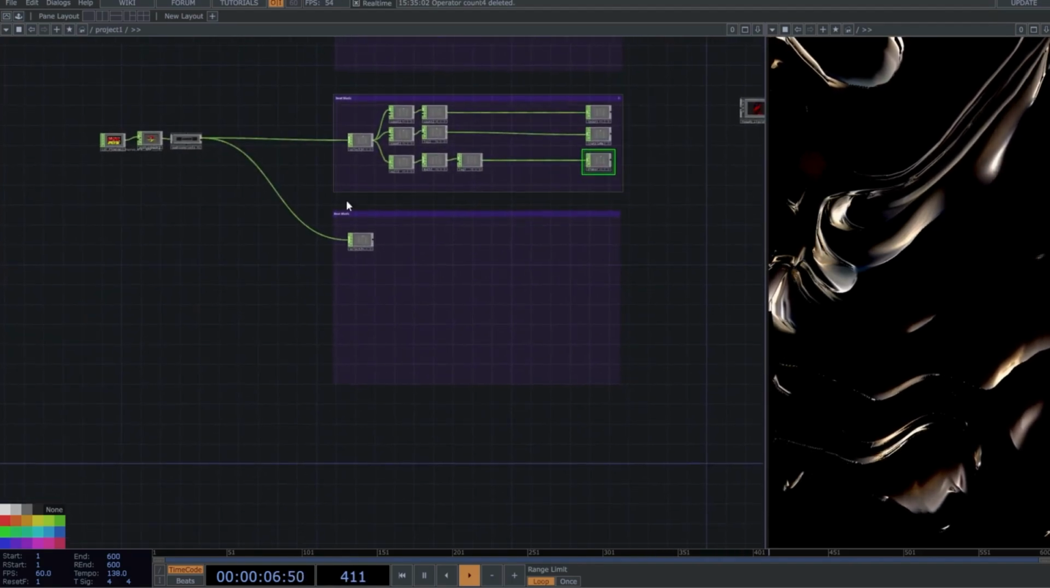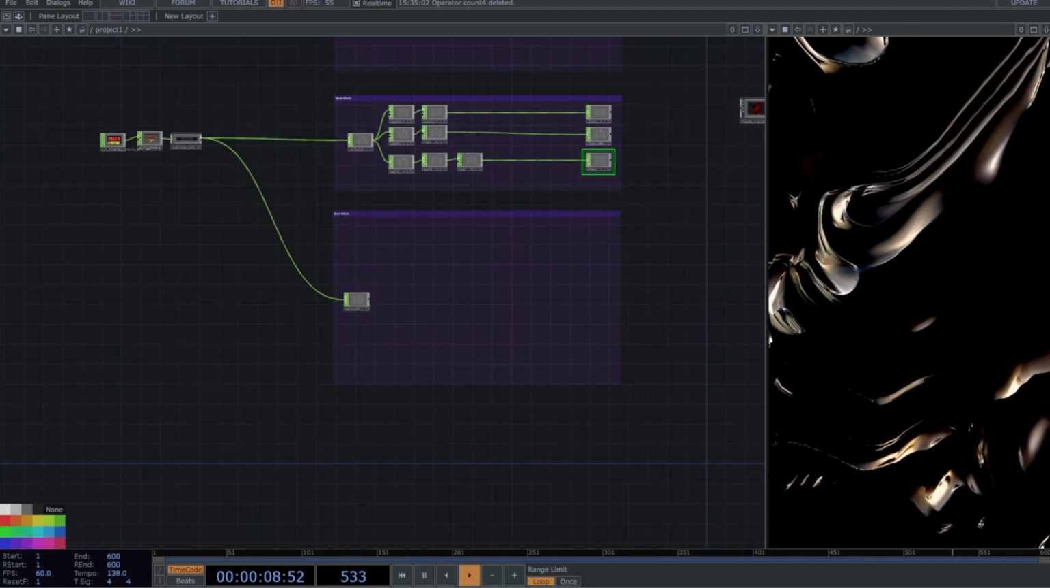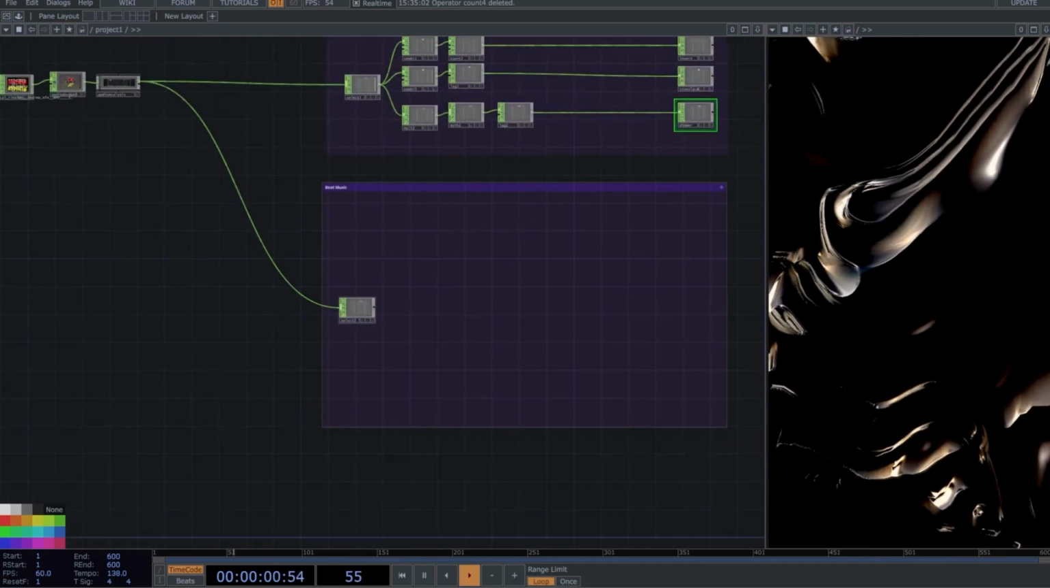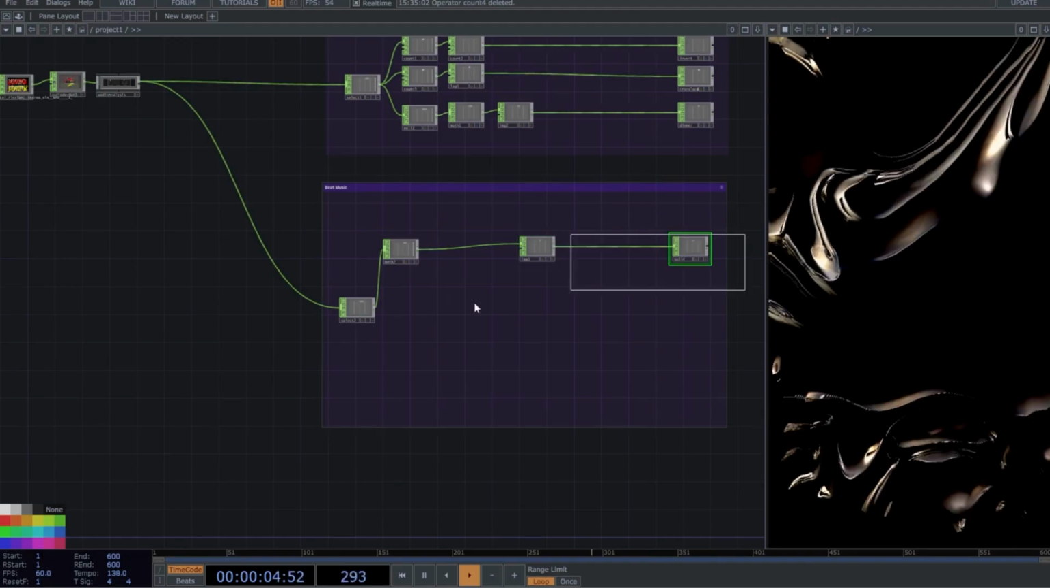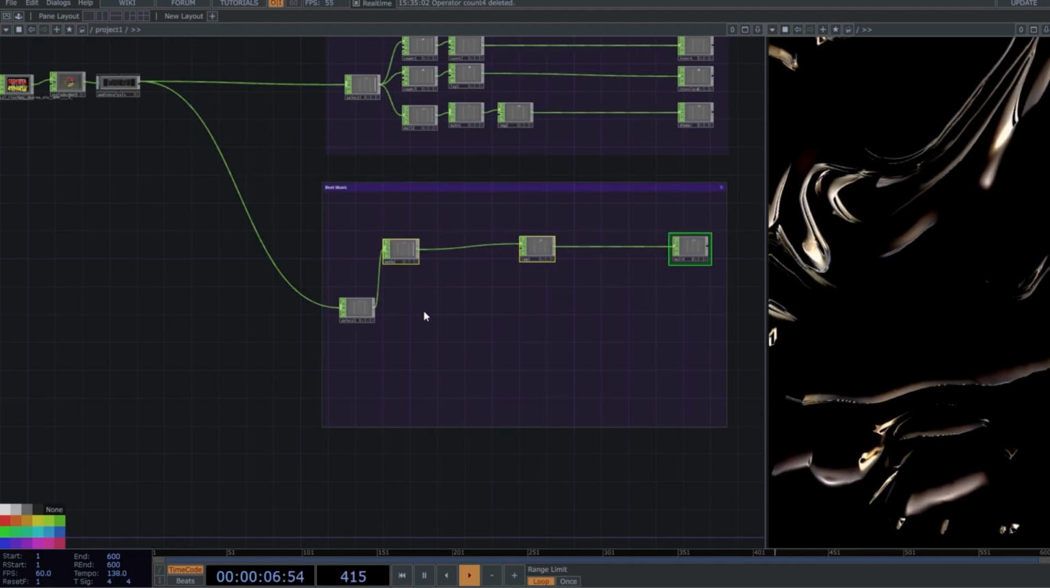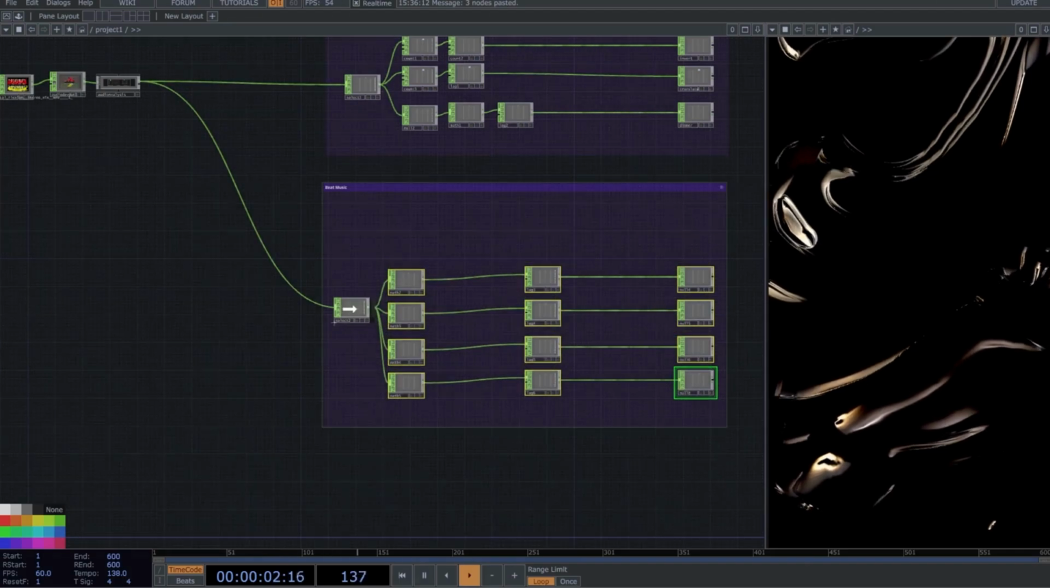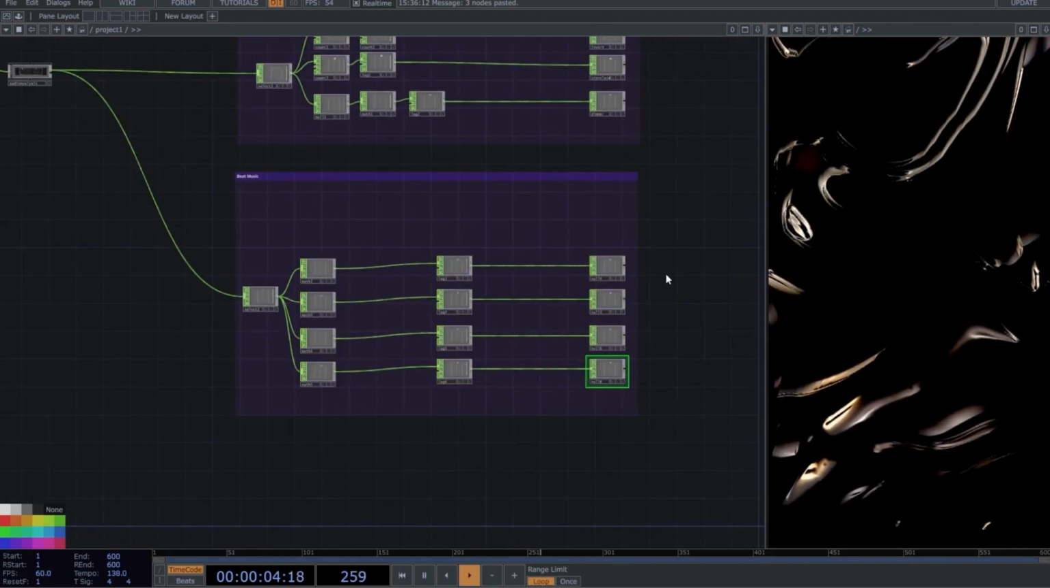Perfect. Continue with the network below. The first thing we will create is a math, followed by a lag operator, and we will finish with a null. Copy and paste this sequence 4 times. Let's organize this a bit more and rename these operators as follows: